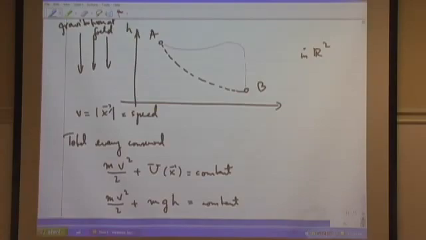The problem is, if you decrease the height too fast, you're going to go a longer distance. So we saw last time that the shortest distance is along the straight line. But if you go along the straight line, you're not increasing your speed fast enough. So clearly there is somewhere in between an optimal path along which the time it takes